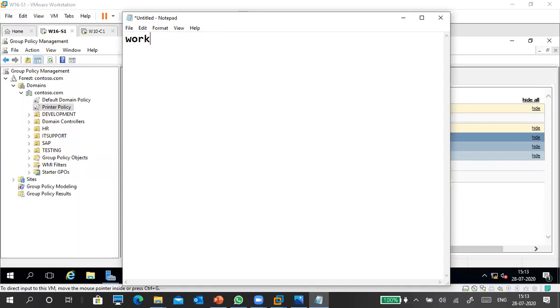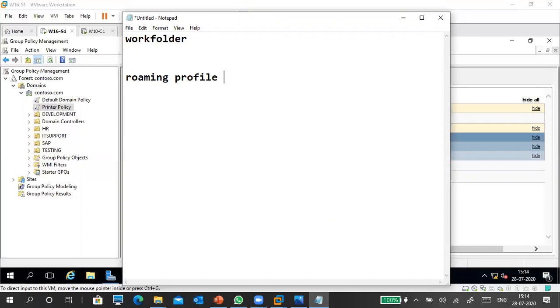Next one is Work Folders. So we can do Work Folders also now. We'll see this one. Already you have things like roaming profile. What is a roaming profile? Users' profile data stored centrally in a single space, in a single folder. That is called a roaming profile.